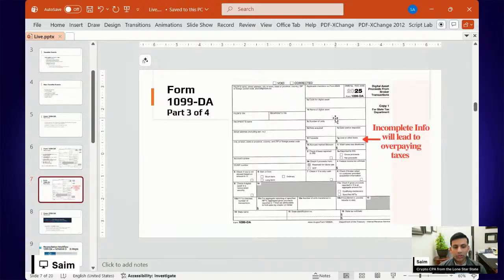Because what happens when you don't get a proper form? Well, if you don't know how to fix or make changes to a form, then you're going to have a data mismatch when you're filing your tax return, and that data mismatch is what's going to lead to a potential letter, and then it could potentially lead to an examination. So you really want to make sure that this form going forward is accurate from the centralized exchange, and you're not having to put in adjustment codes in 8949 and having to do this on an annual basis.